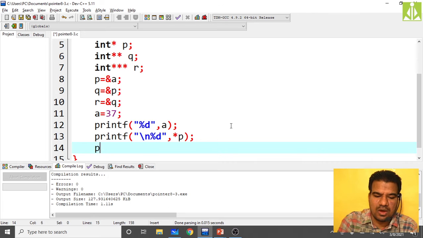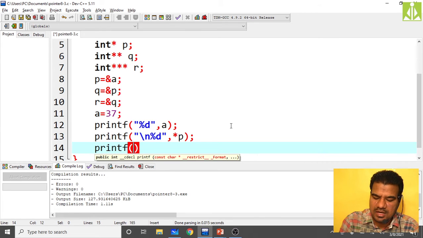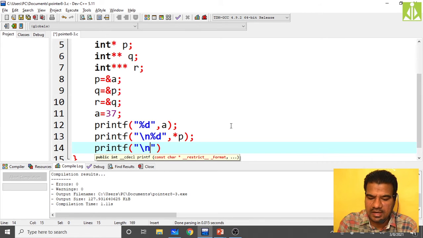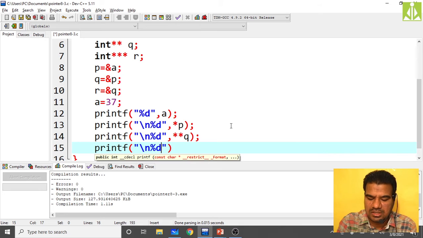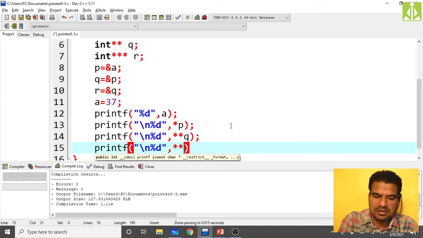Using q, printf("%d", **q), applying second level indirection on q. Then printf("\n%d", ***r), applying third level indirection on r.